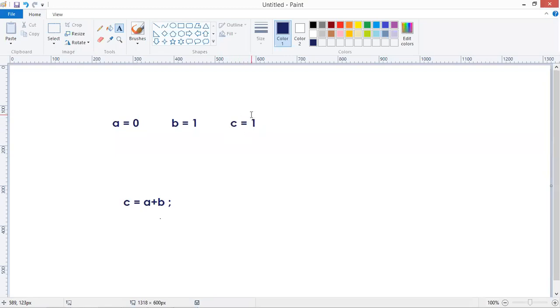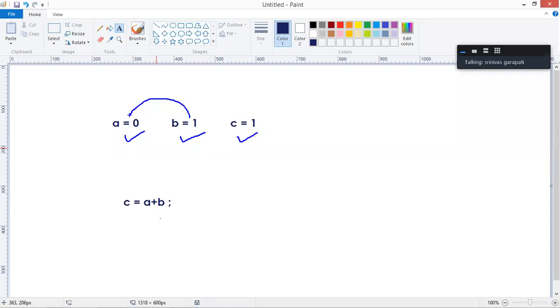Once you found the third number, now this is the first number, this is the second number, and this is the third number, right? For the next iteration, this should be the first number and this should be the second number.